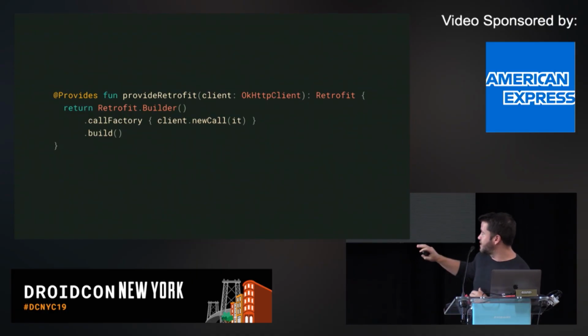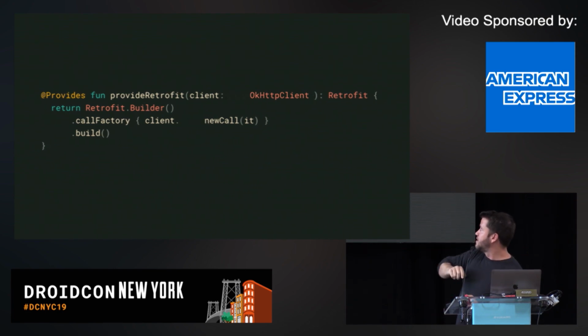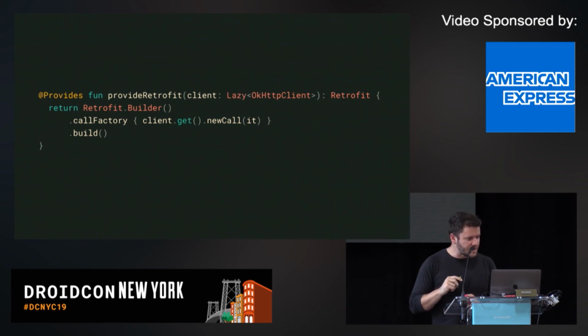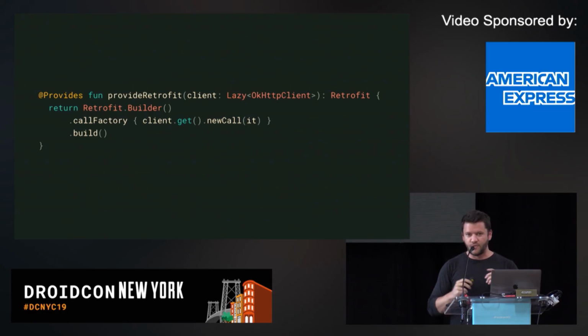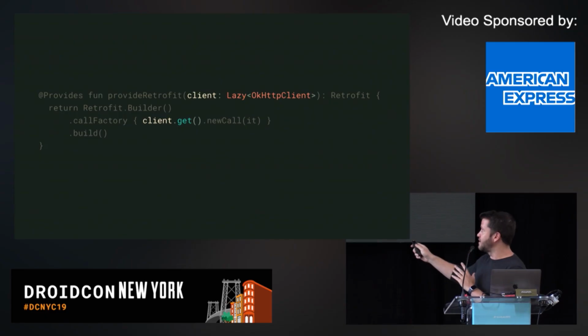So the entire client is actually just being wrapped up and deferred in this. And what that means is that we can actually take this client and make it lazy. And this is actually everything that we need for this example. Now we deferred the entire initialization of the client to the first network call. Now here's the kicker. What thread is that called on? Hopefully not the main thread. So if you're using something like RxJava or coroutines and doing your network call off the main thread, then that means that this entire thing,